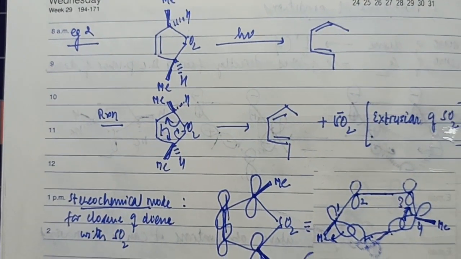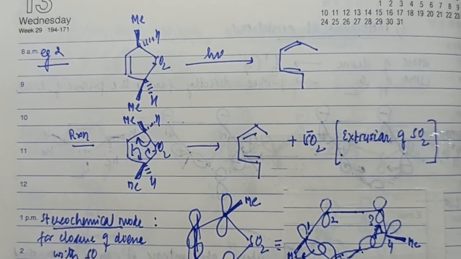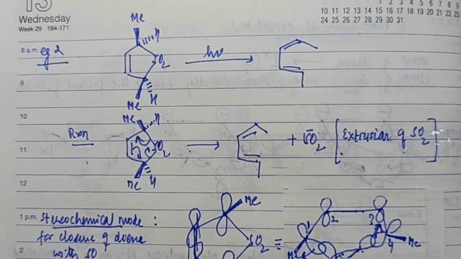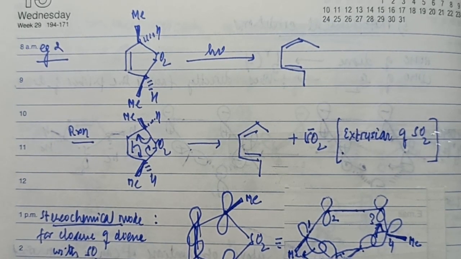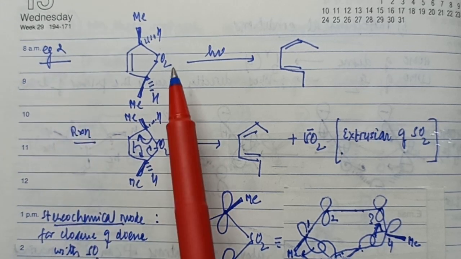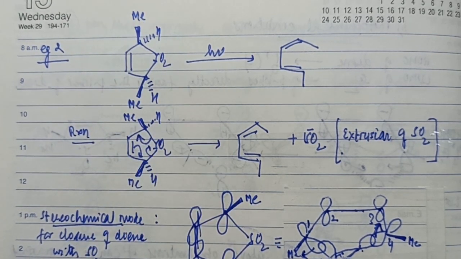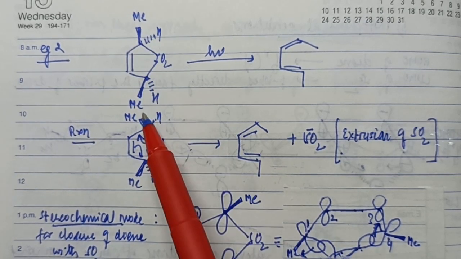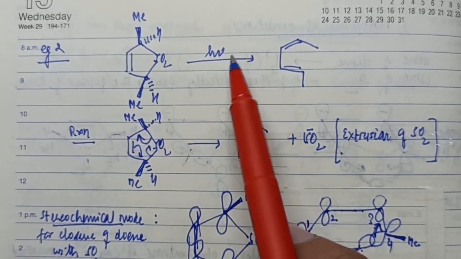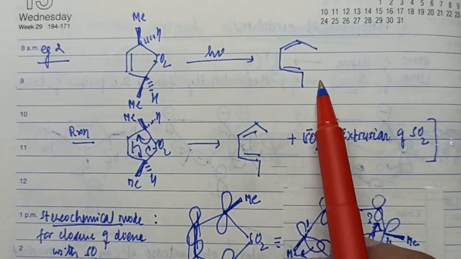This was the first example we have discussed. We'll talk now about the second example. We'll be now specific with our examples, not discuss the entire variables here. We'll not discuss linear approach under thermal and photochemical conditions, and similarly non-linear approach under thermal and photochemical conditions. We'll be specific with our examples. Let's say, for example, I'm taking this second example wherein your substituents here, the two methyls are above the plane, two hydrogens are below the plane. Under photochemical conditions, this is the product formed.